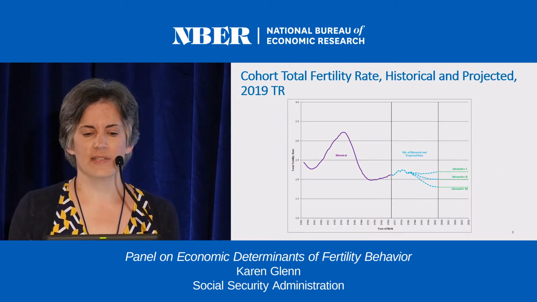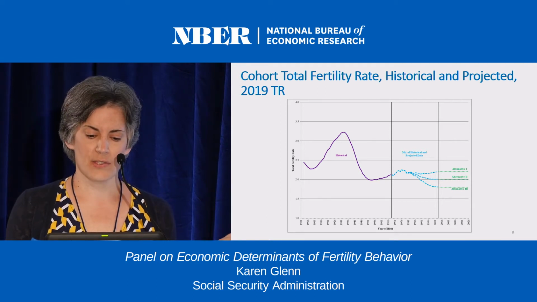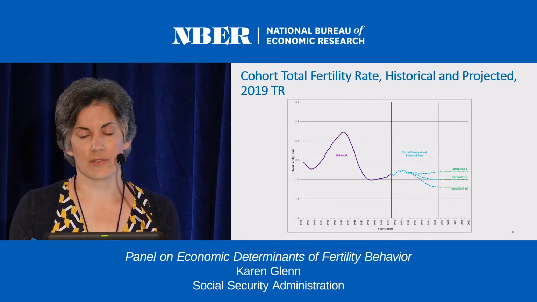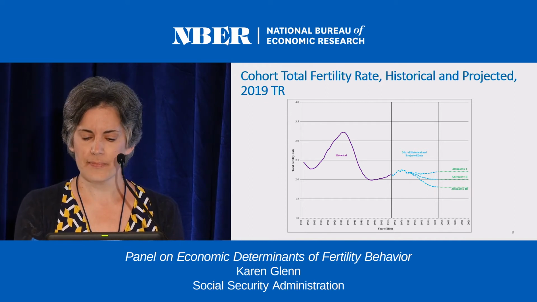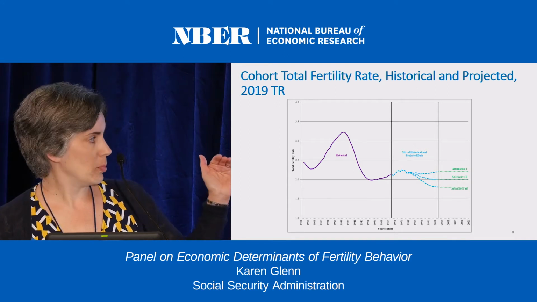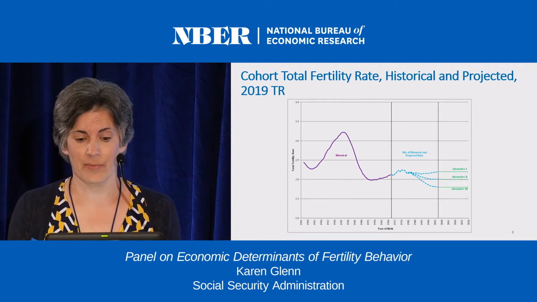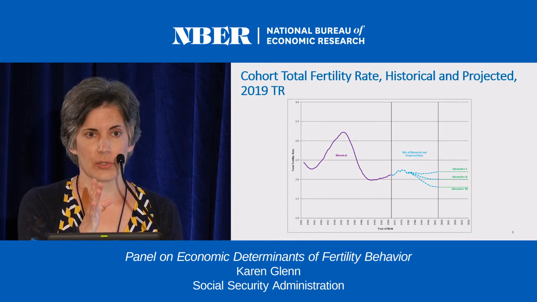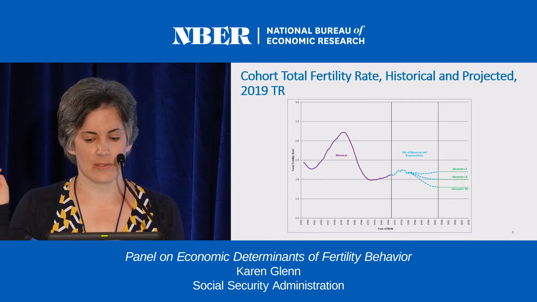So as I mentioned, the typical way of looking at the total fertility rate is on a period basis. This graph, this is slide 8, instead looks at things on a cohort basis. So looking at women, how many children they have in their lifetime. The purple is all historical data. The bluish in the middle is a mix of historical and projected data. So the further you are to the left, the more historical data is included there. Moving towards the right, that becomes more and more of our projections.